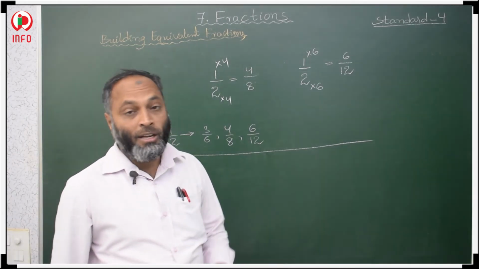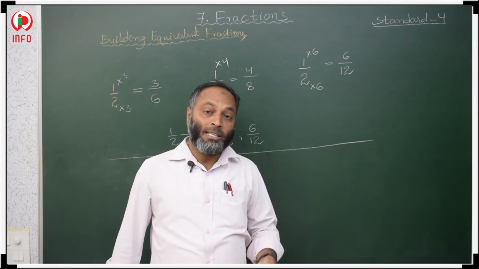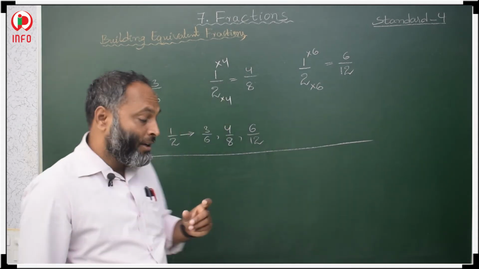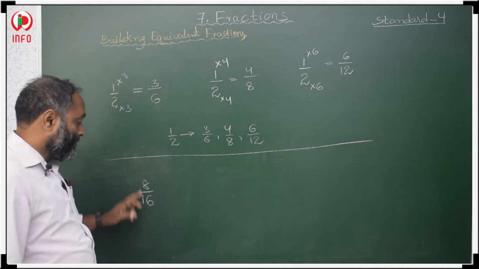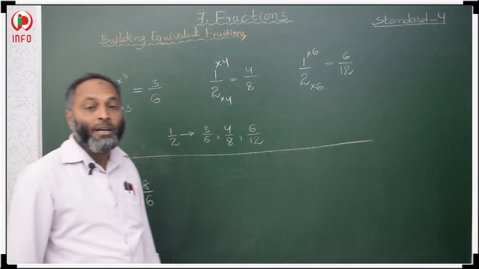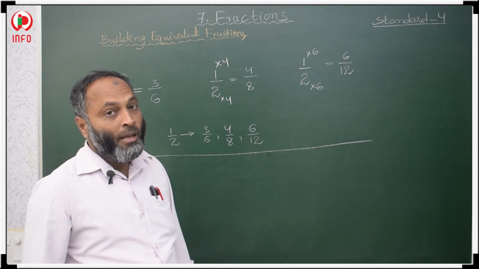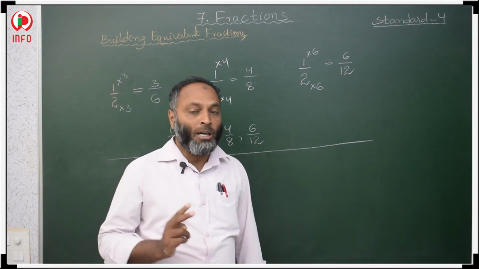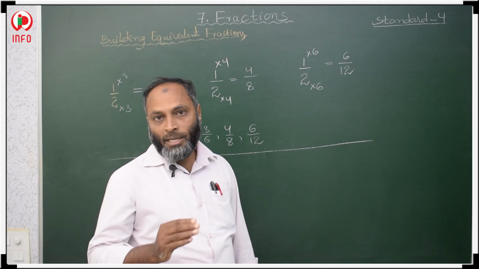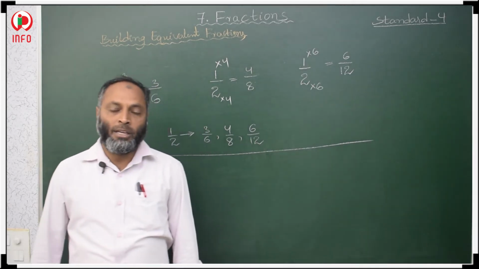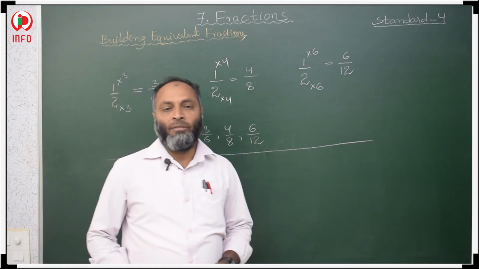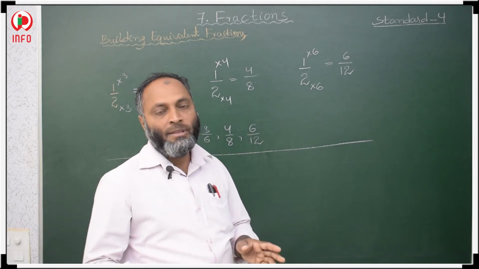Whenever division is asked, first we have to think about the common factors of these two, 8 and 16. We have to check the common factors of 8 and 16. 8 and 16 are both even numbers: 8 is an even number and 16 is also an even number. If both are even numbers, then they are divisible by 2.